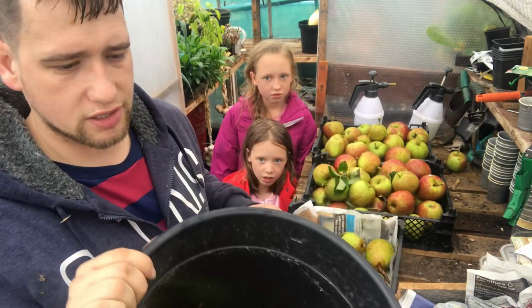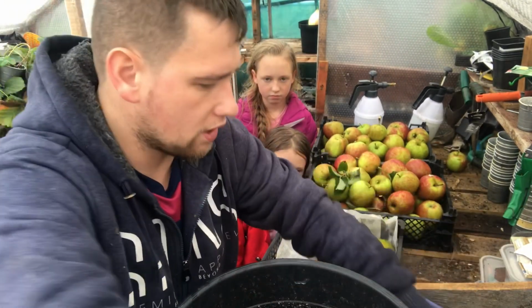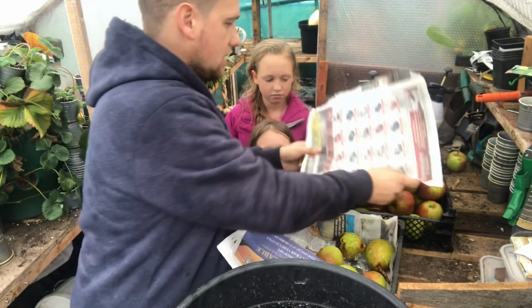These ones will be getting looked at once they dry off. I'm going to put the paper on them, get the paper to soak up all the water and the moisture, and covered with paper as well. Yay, paper. Everything's going to get covered with paper,